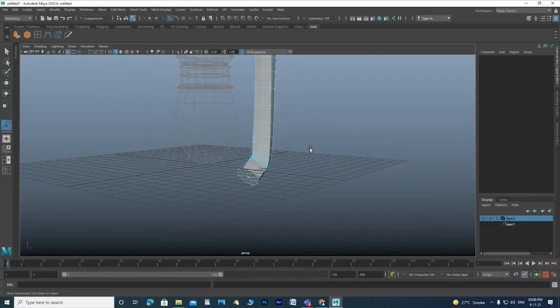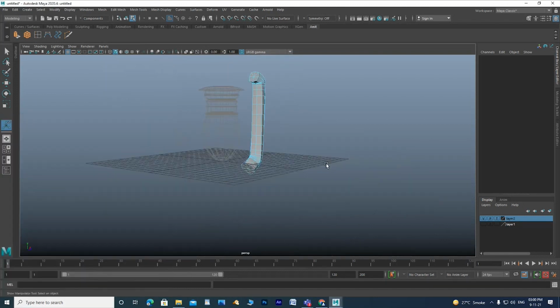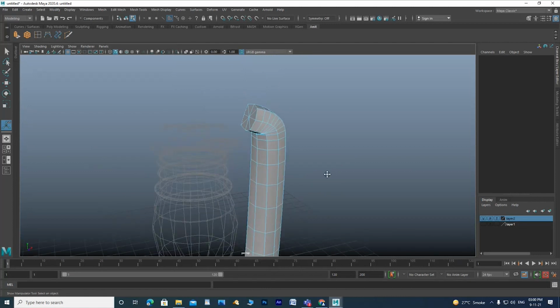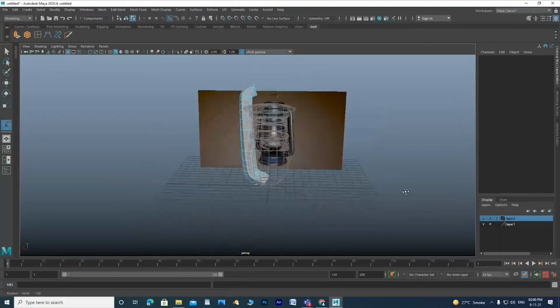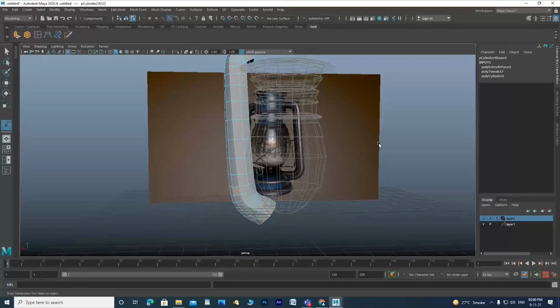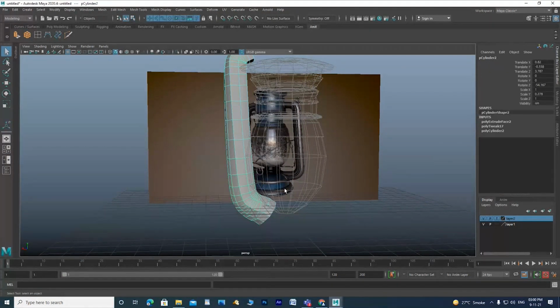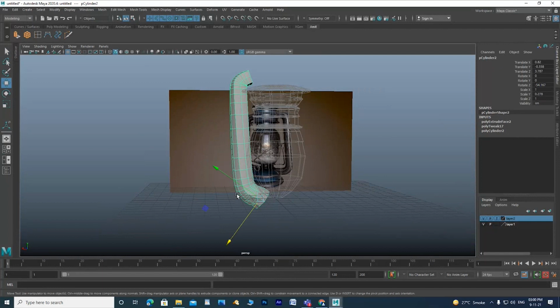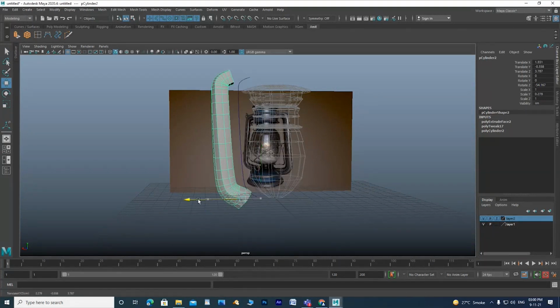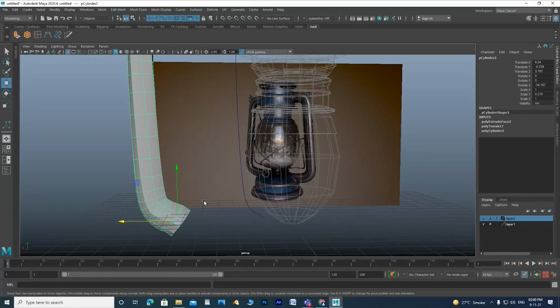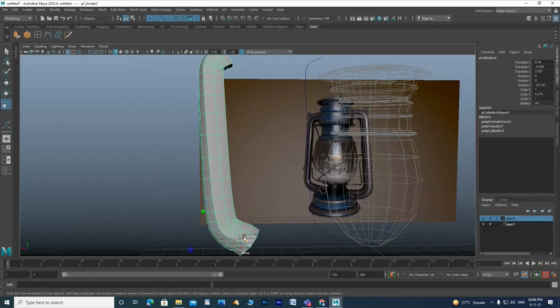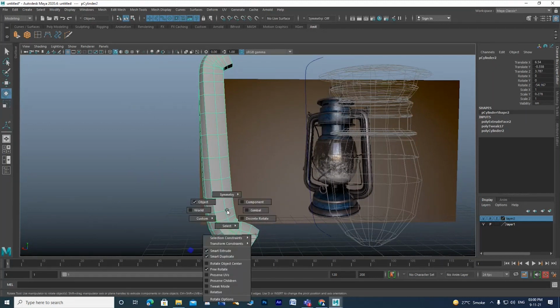This way you can create that handle with the path, then scale it up or whatever.